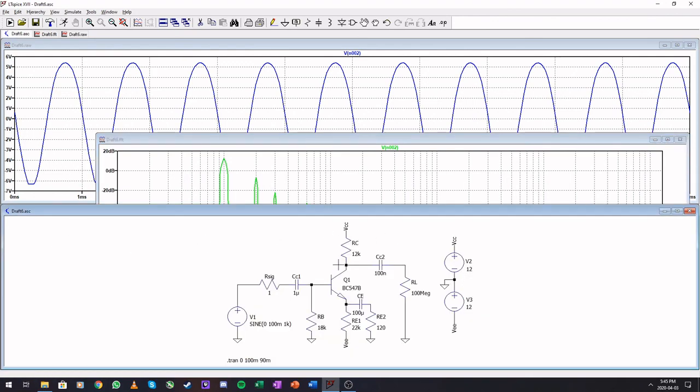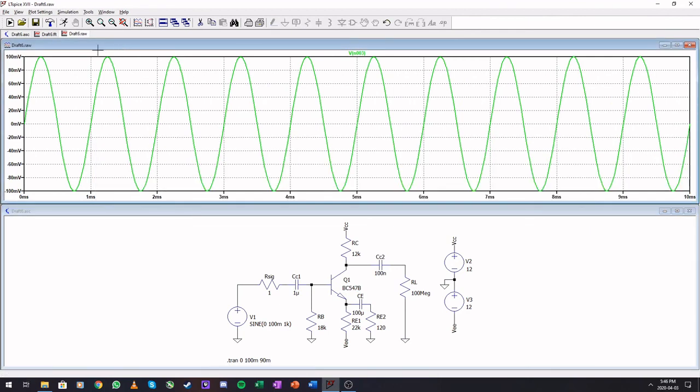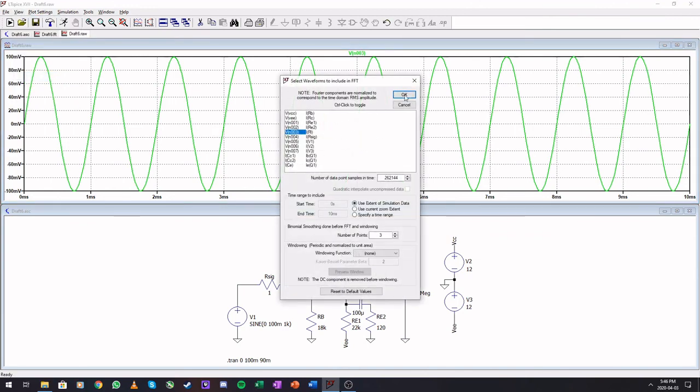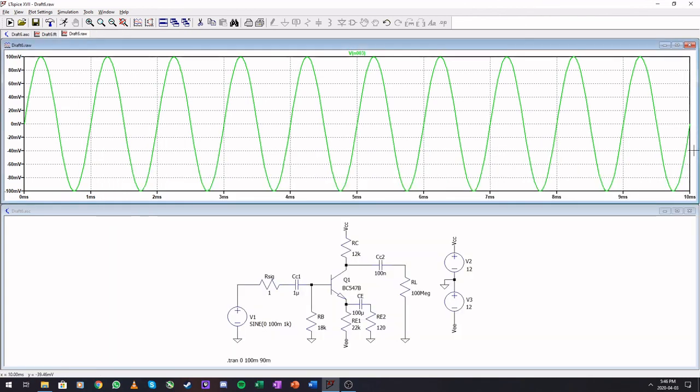So if we run a FFT, let's say on the input signal here, run FFT, you will see that these harmonics are much smaller, and this input being 100 millivolts, and there we go. Okay, and that is all for now for FFTs,